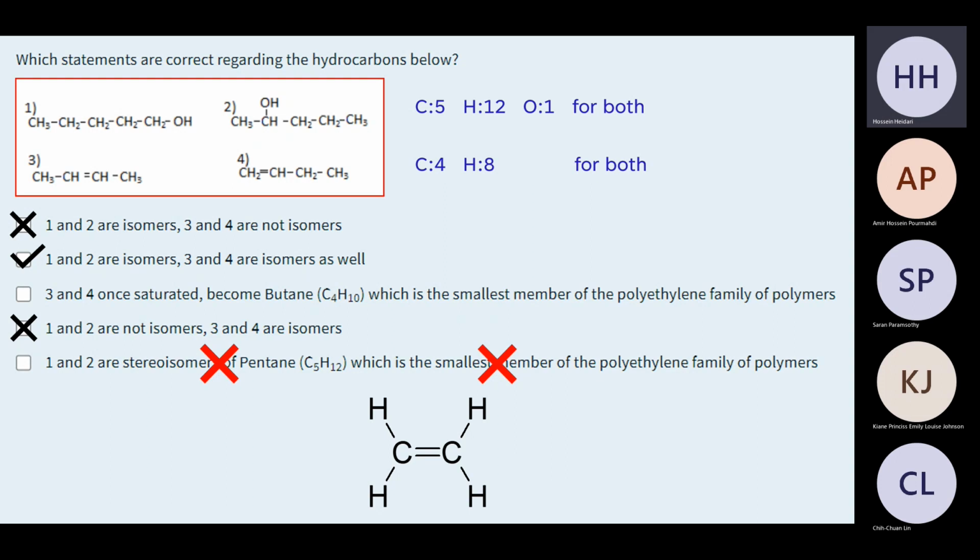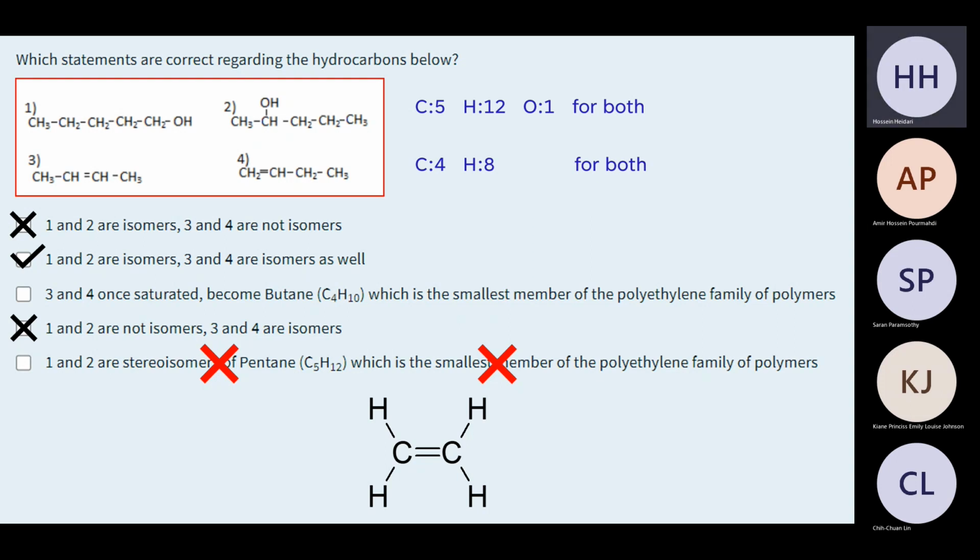But what about the third choice? What does saturated mean? Is that the double bond turns to a single bond? And why do we say saturated? Exactly. It's using its maximum capacity to link and bond with other molecules. When it's a double bond, it's not using that maximum capacity. It can open up and connect with 2 more hydrogens, each atom can. So if you saturate that, it will become butane.